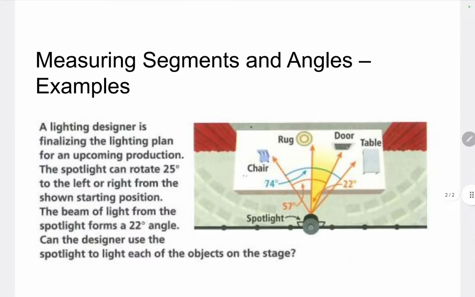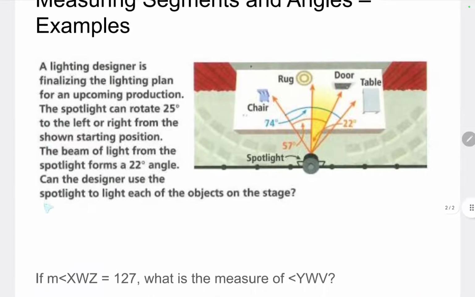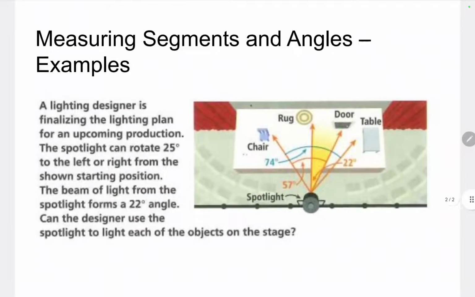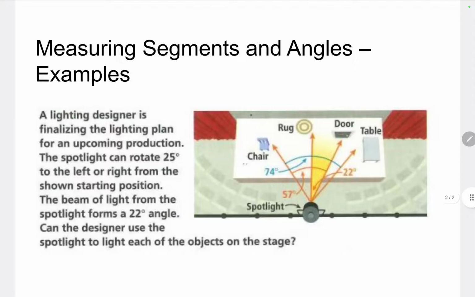In these next couple problems, we're going to look at an example using the angle addition property, and one is an application and the other one is just plain angles detached from any sort of real-world application. So in our first one, we have a lighting designer finalizing the lighting plan for an upcoming production. Our spotlight can rotate 25 degrees from the right or the left, and the beam of light from the spotlight